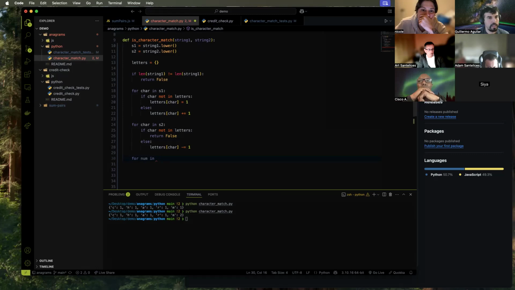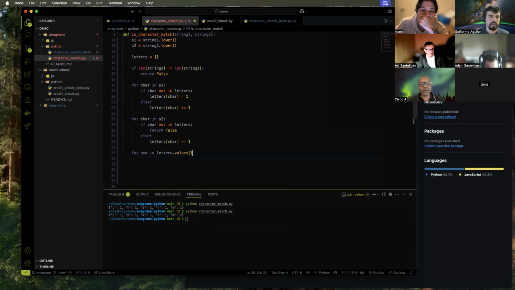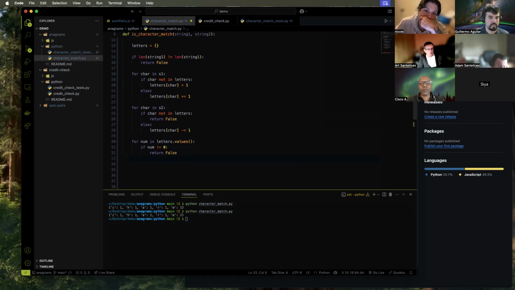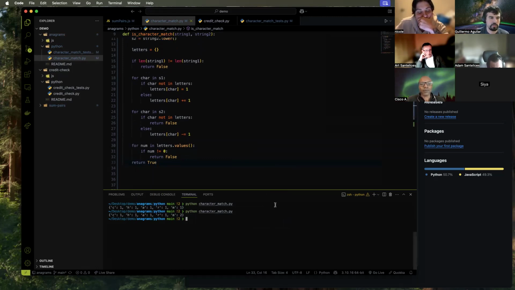Yeah, letters dot values, right? And if num does not equal 0, you can return false. And if this loop ends, we know it's true. That means all of them are zeros, right? That tells you that it's an anagram. You can do something like this. So this is going to be pretty close. There's something we haven't accounted for yet, but